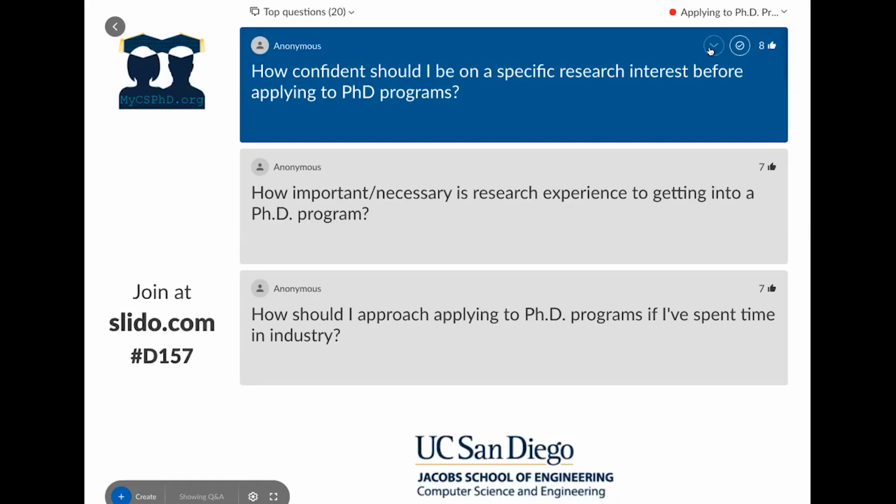How confident should I be on a specific research interest before applying to PhD programs? So that's a tough question to answer. I'm going to answer this from the perspective of faculty graduate committees. So in general, the way it works is that